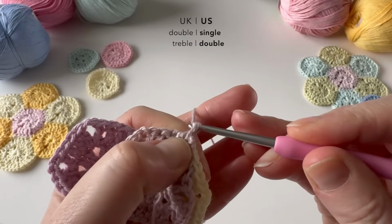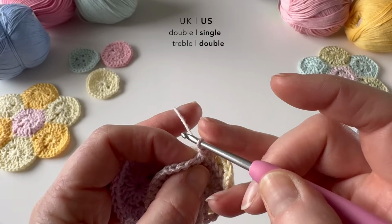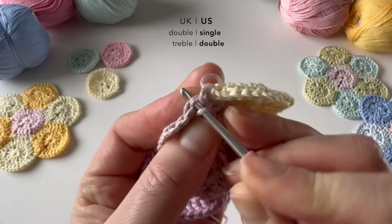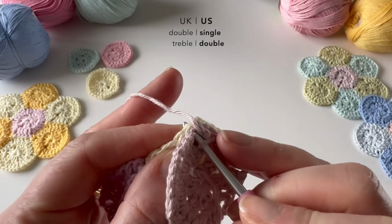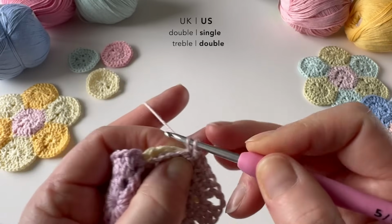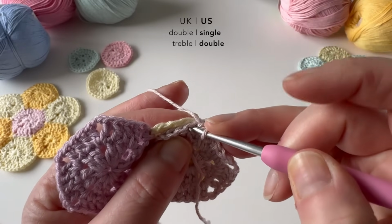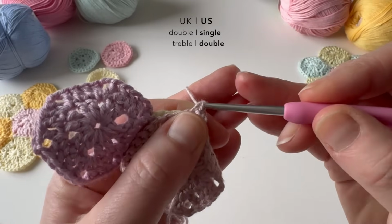So I'll yarn over and pull through to make a double crochet, or US single crochet. And again, as I did previously, I'm just going to work along both sets of stitches. So I'm just going to work into that first slightly tighter, trickier stitch there, and then into the first stitch of the hexagon I'm joining to, the middle hexagon, and then I can work a double crochet stitch or US single crochet stitch to join them together. So then match up the two second stitches, much easier after that first one's done,